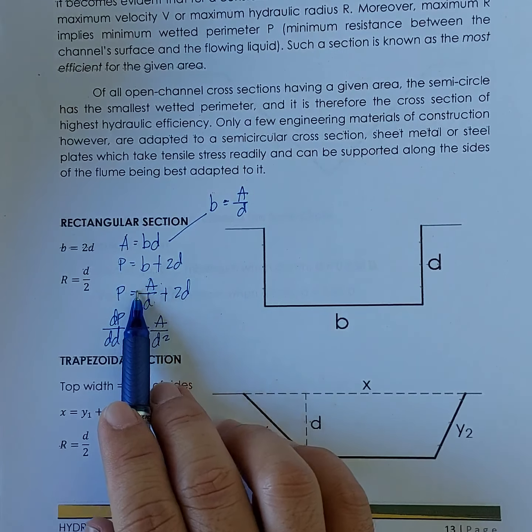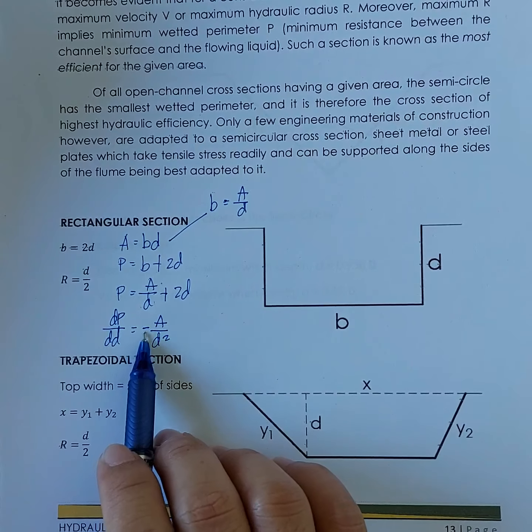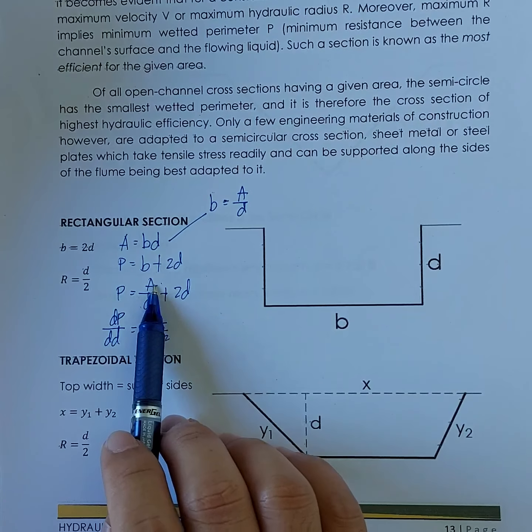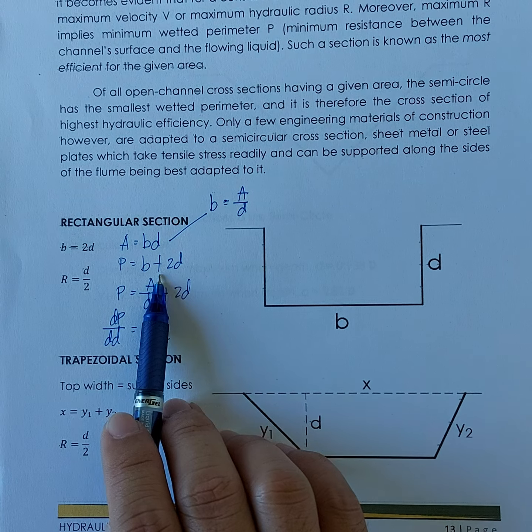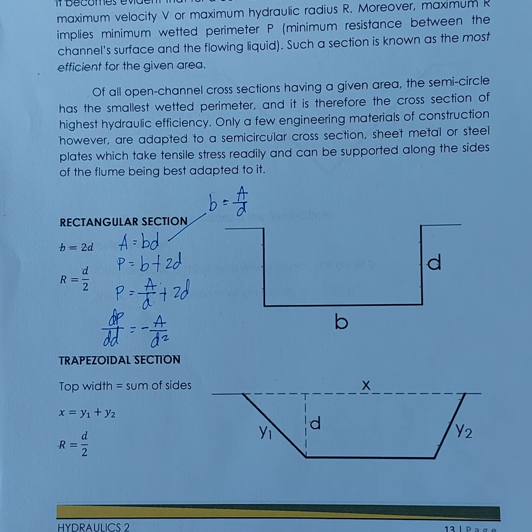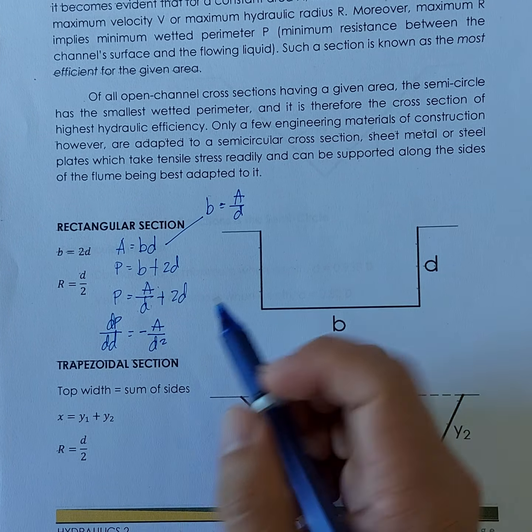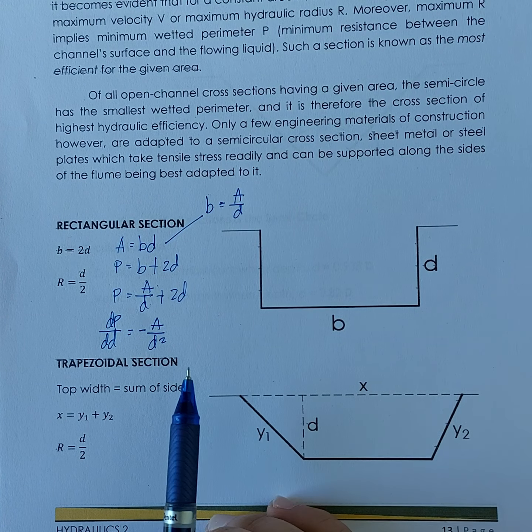So ipupunta natin yung constant na negative 1. That would make this term negative, and negative 1 minus 1 is equal to negative 2. And then ipunta ulit natin sa denominator. That would give us a term that is equivalent to negative A all over D squared